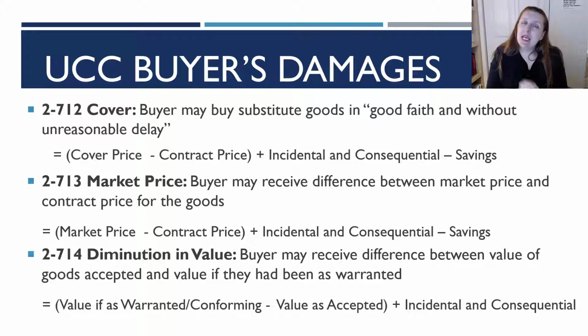But maybe we're looking at a situation where the goods are hard to come by. The reason that the seller breached the contract is because the value of the goods had increased. And so the market has tightened up. It's hard to find these goods now. If the buyer decides not to or can't cover, right, by finding substitute goods, then the buyer can sue for